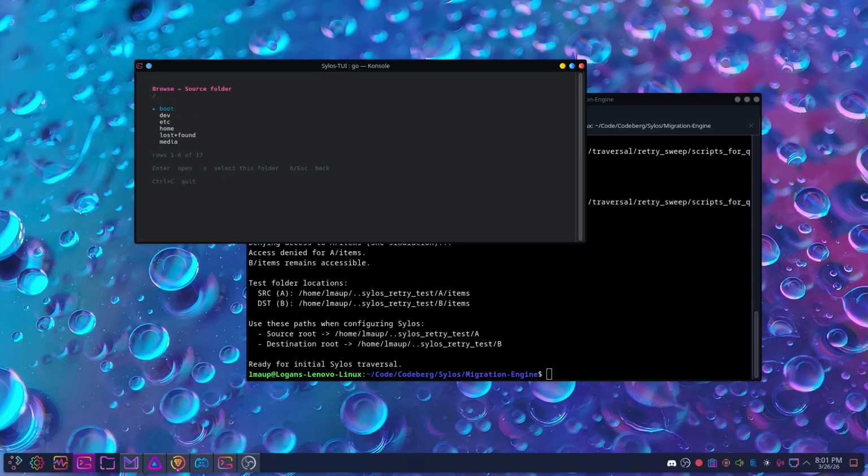So now, once I've selected the drive and all that, I'm going into my first set of folders. So we're going to go to home and then we're going to select our first folder. And you hit the S key to select the folder. You can kind of see the legend right there. I don't really have to explain it to you very much, but